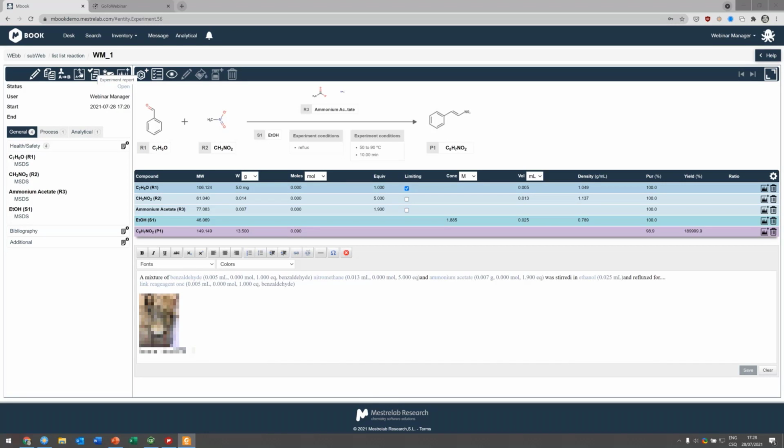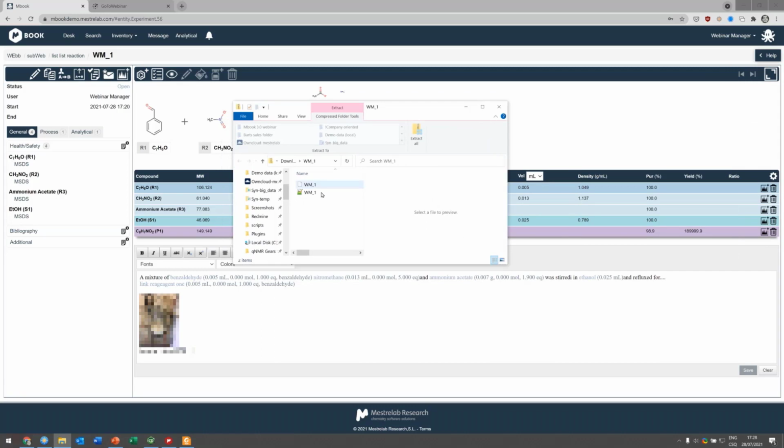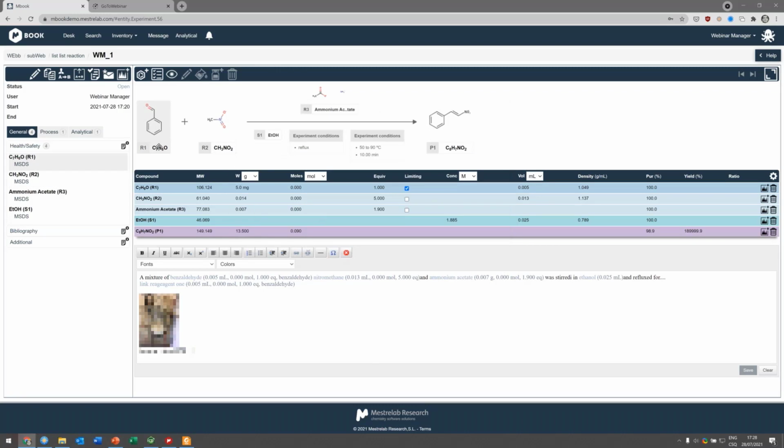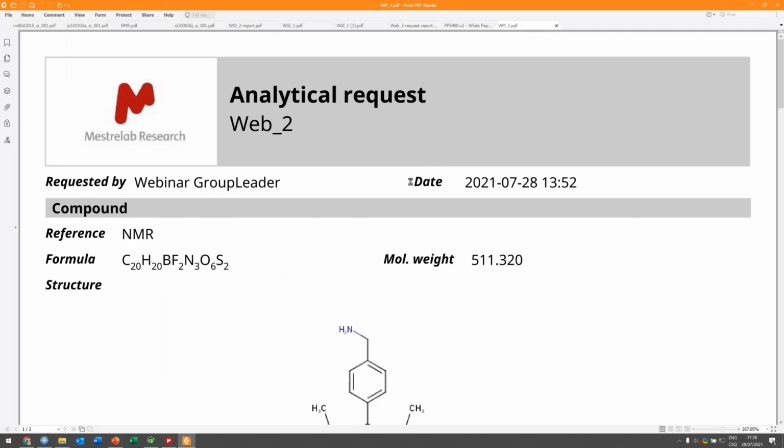Oh, sorry, I clicked the exporting experiment, which is a bit different. Sorry for the confusion. Exporting the experiment allows you to export the experiment and import it fully back to MNOVA, and it's a text file containing all the information here. For the reporting, generating a PDF, it's the second button,